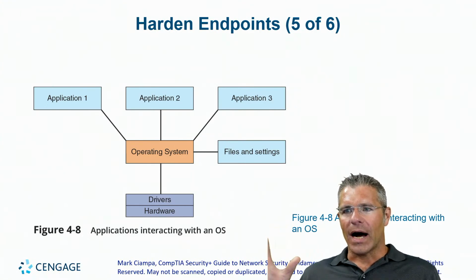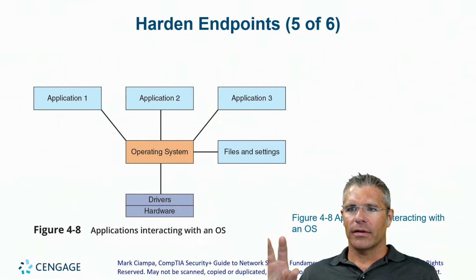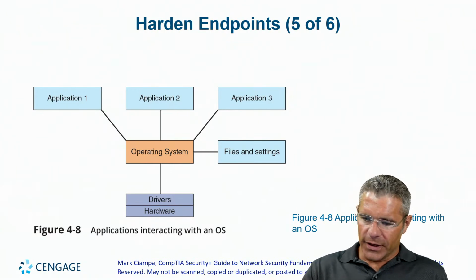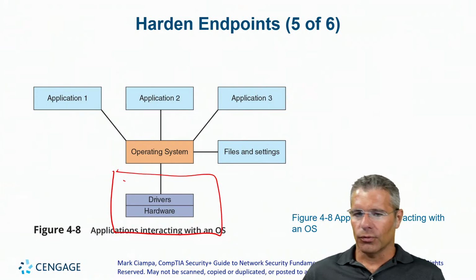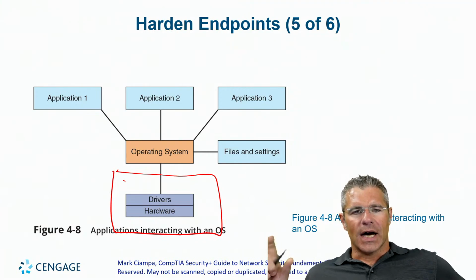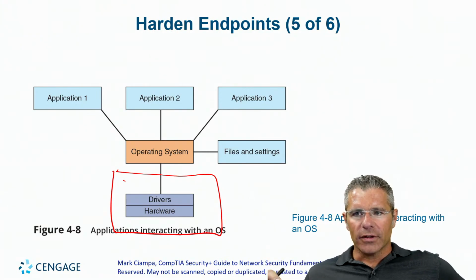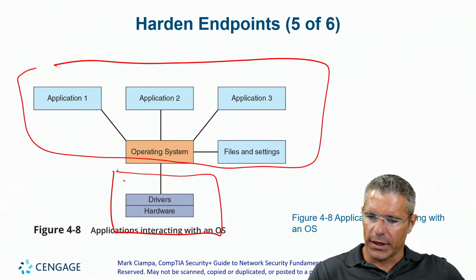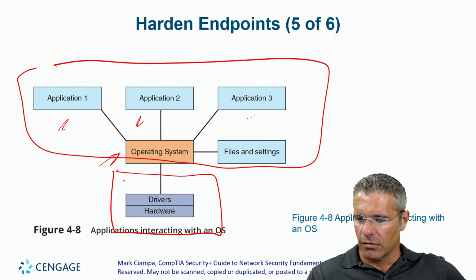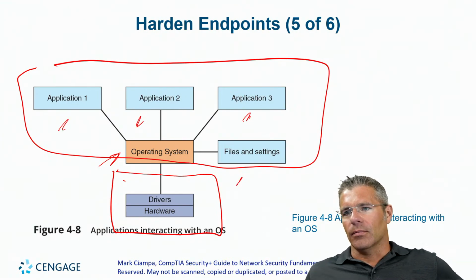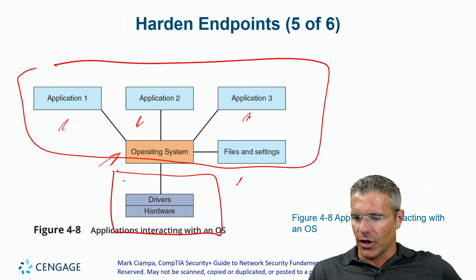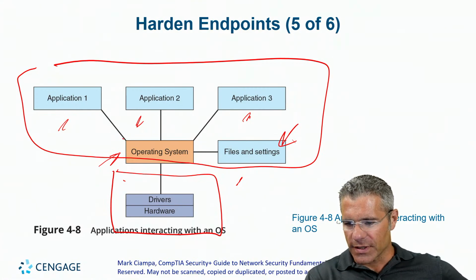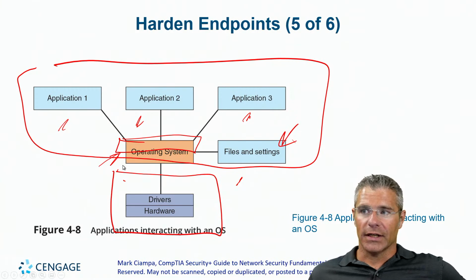So this is how operating systems interact with the applications that they're running and the files that they're running. Down here is sort of the ring zero stuff, the operating system low level things. And up here is what we might call user space, where the operating system is running applications for the system. Without hardening, potentially applications can all talk to the same file system and get up to shenanigans there, potentially work in the same memory space on the operating system and get into shenanigans there if